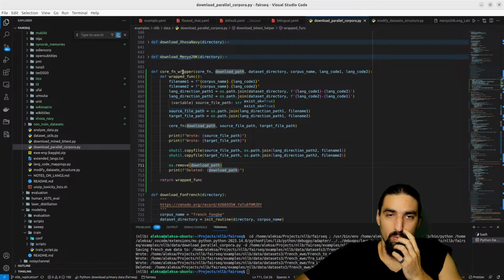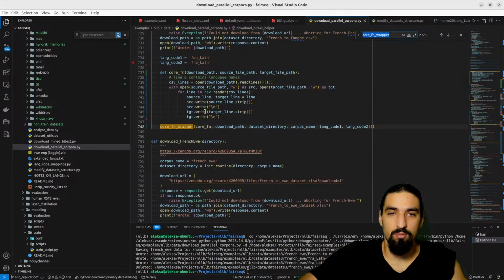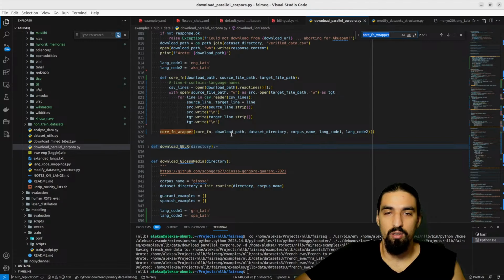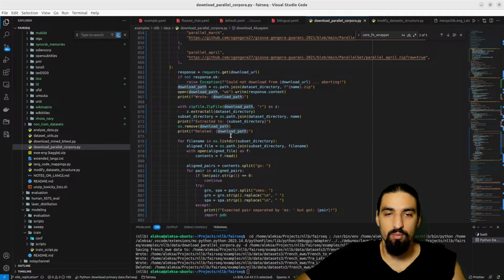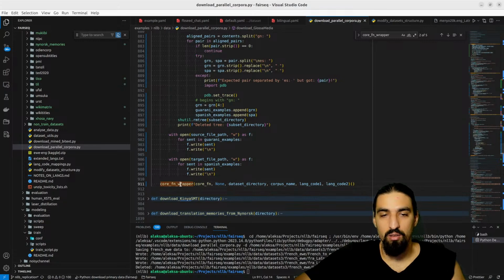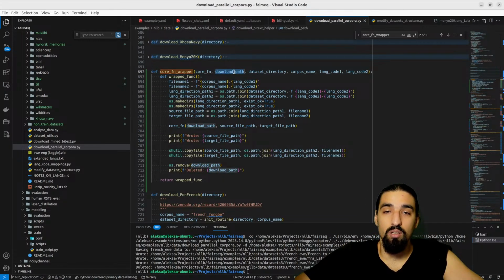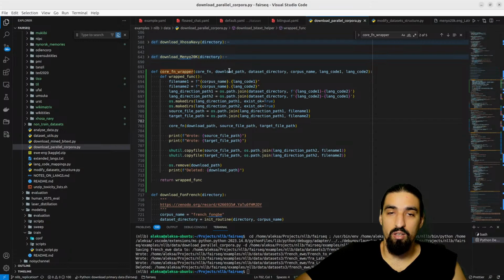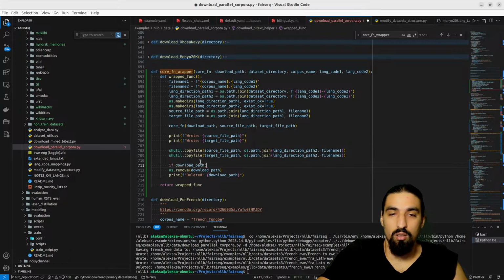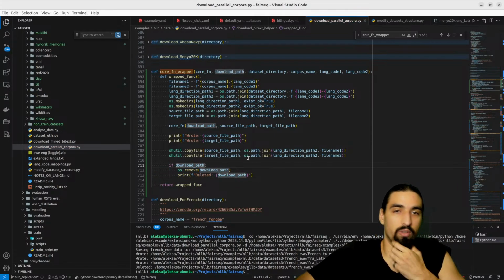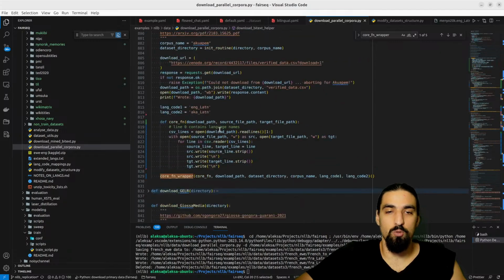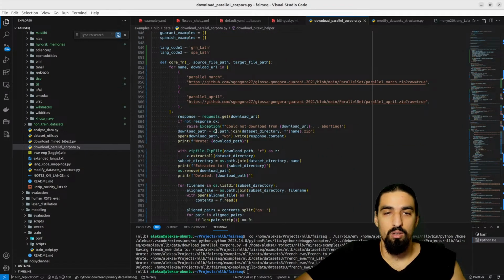So if we pass none as the download path, then in that case, only if the download path exists, if it exists, then we call it. Okay. This one was a bit trickier, but still